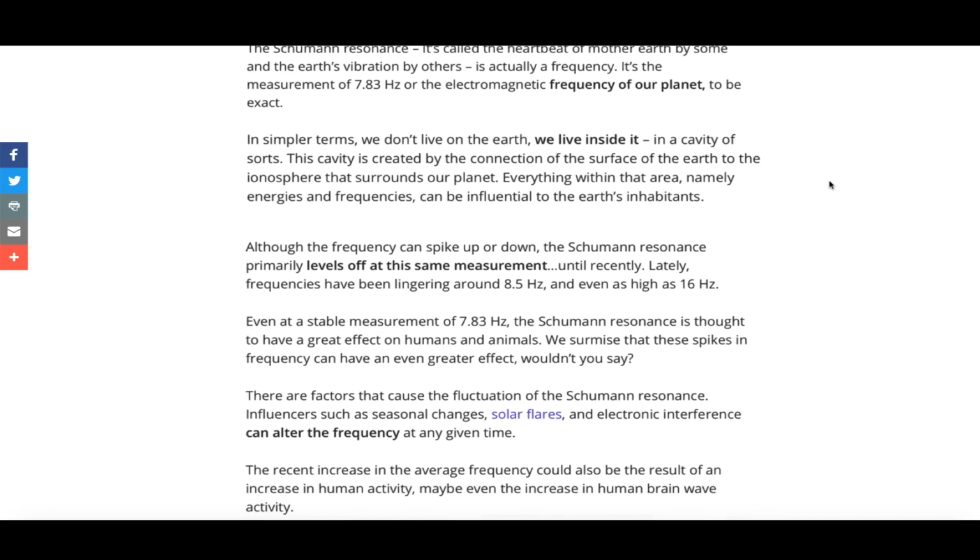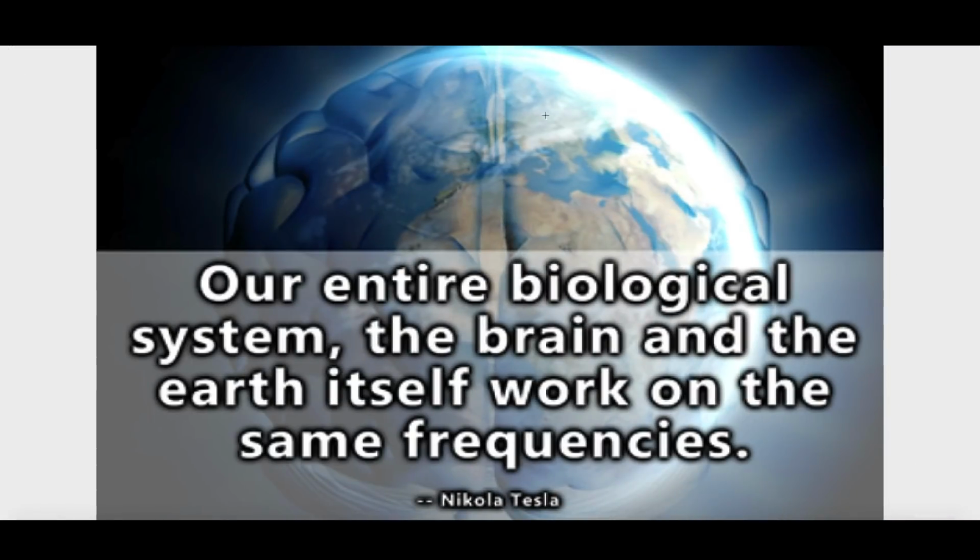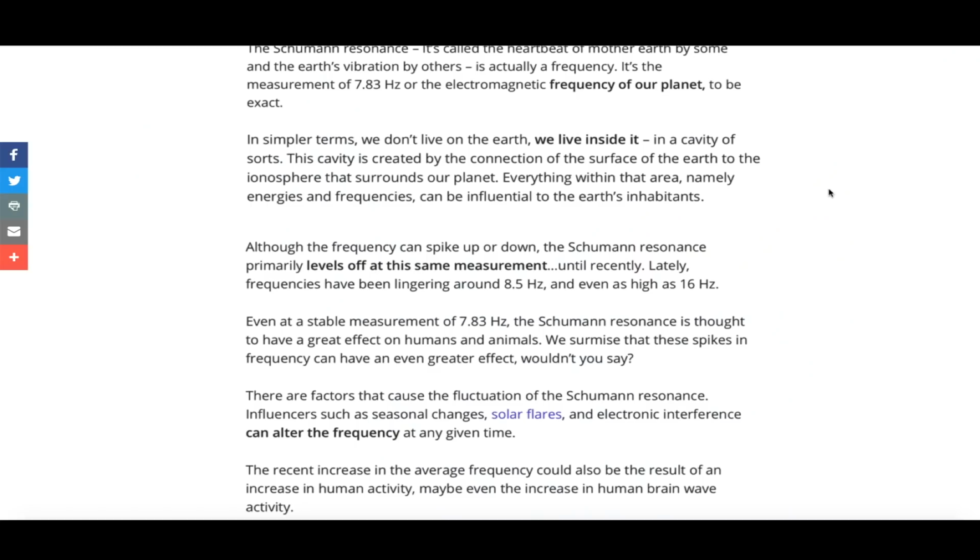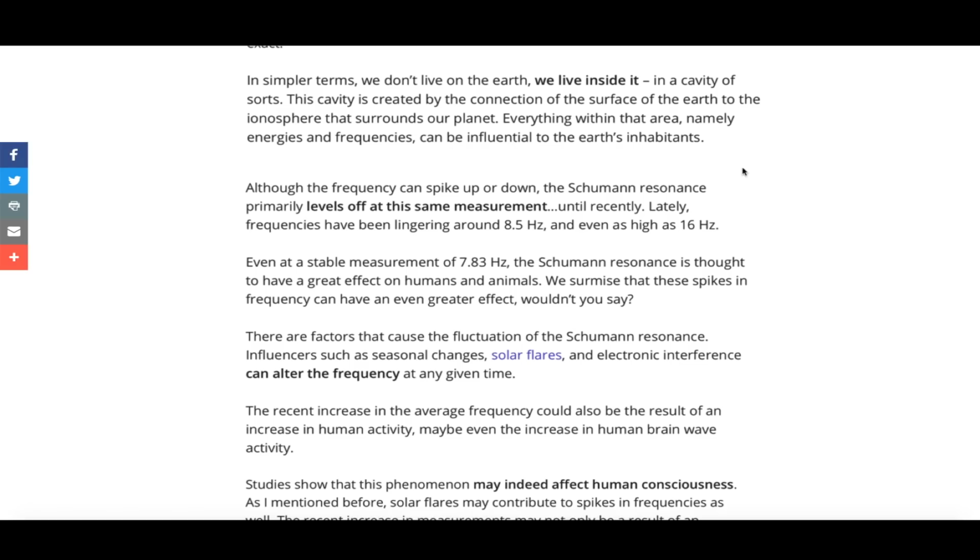In simpler terms, we don't live on the Earth. We live inside it. We live in a cavity of sorts. This cavity is created by the connection of the surface of the Earth to the ionosphere. And that's one thing Tesla knew. Tesla figured that out real quick. This cavity is created by the connection of the surface of the Earth to the ionosphere that surrounds our planet. Everything within that area, namely energies and frequencies, can be influential to the Earth's inhabitants, and that would be us